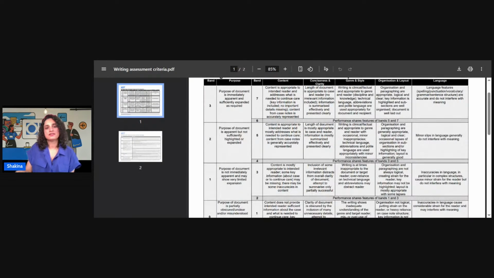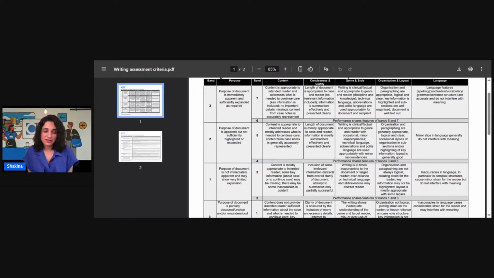Now, what does this mean? What does it mean they're marked from 0 to 3 or 0 to 7? What the assessors are doing is they're looking at your performance and mapping it to the descriptors that you can see here. So they're looking at the descriptors and, like I said, matching your performance. They are trained to be able to do this, so they undergo rigorous training, and of course they're monitored in the process.